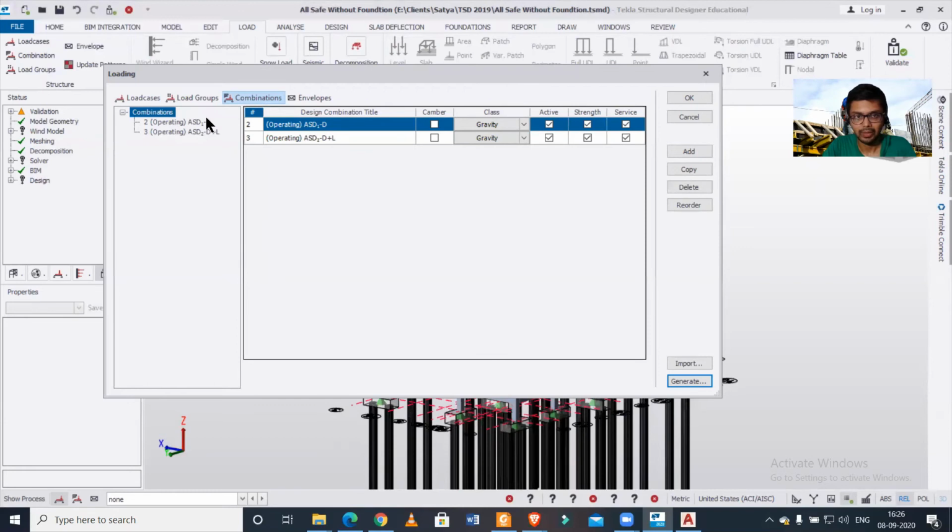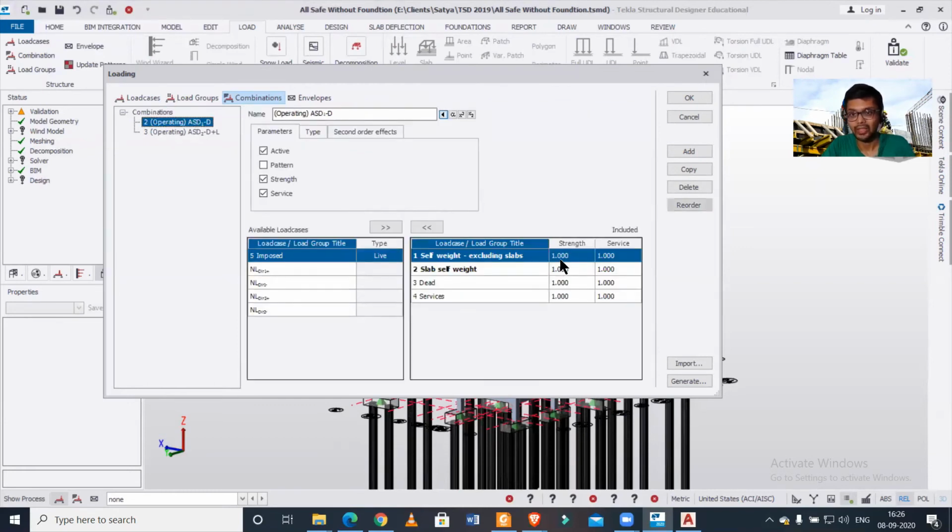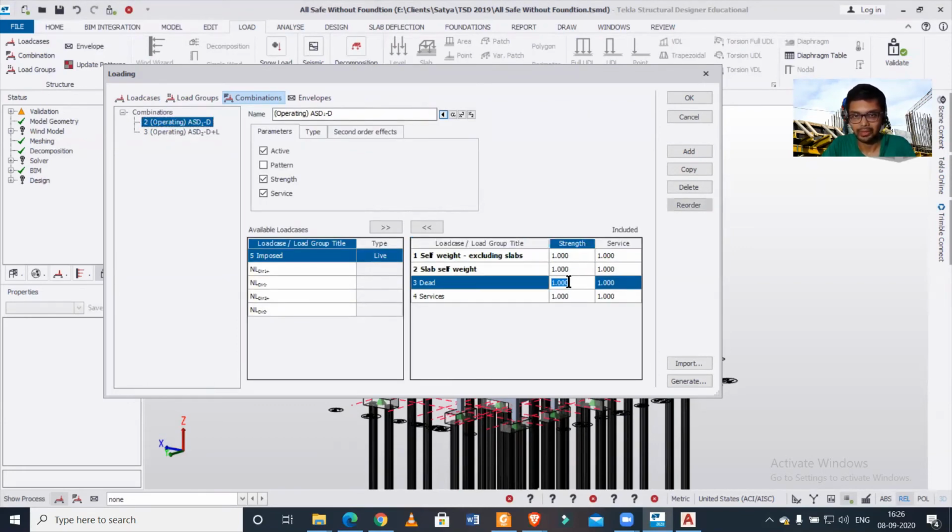Afterwards, if you want to check or change the values of this modifier, you can do this. It's the same process. Suppose I want this as 1.2. I'm just showing how we can change the values of the modifiers. Or, if you want to import it from MS Excel as well, you can also do that.